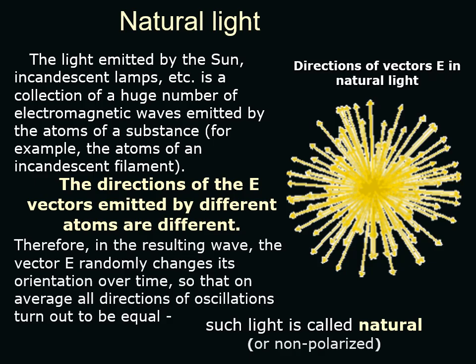Here is one single line, this is one plane in which, let's say, the electric voltage vector oscillates, with arrows. Another line, another direction. It turns out that the light with which we most often interact is light from any heated source, from fire to the sun. This is the so-called natural light, in which the directions of the electric voltage vectors are different.